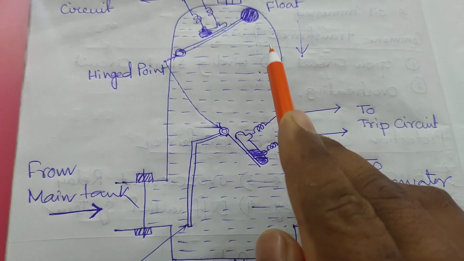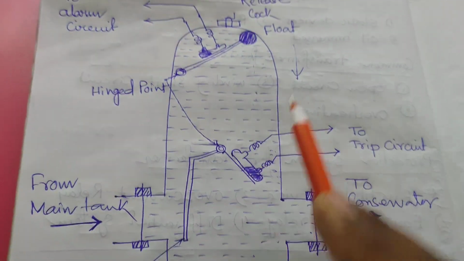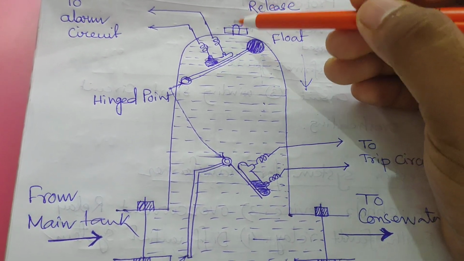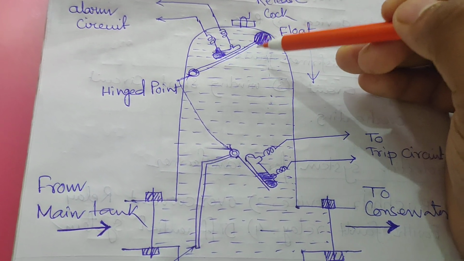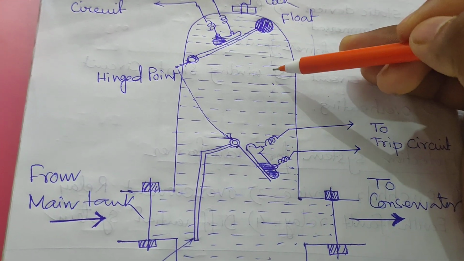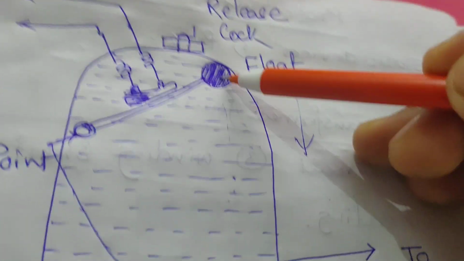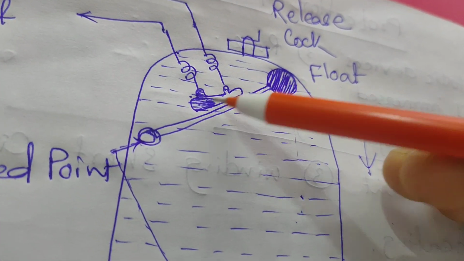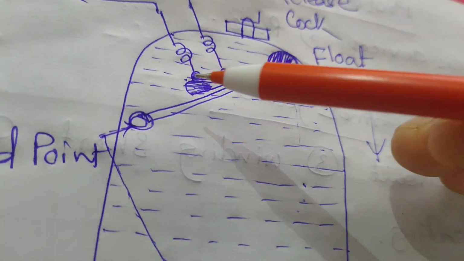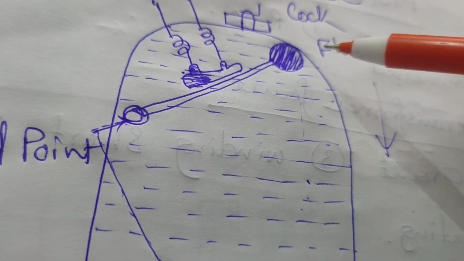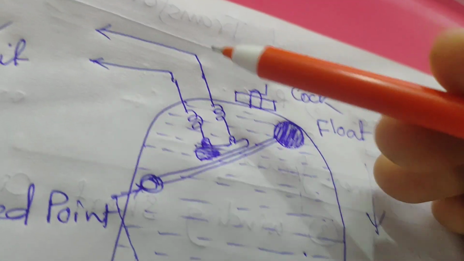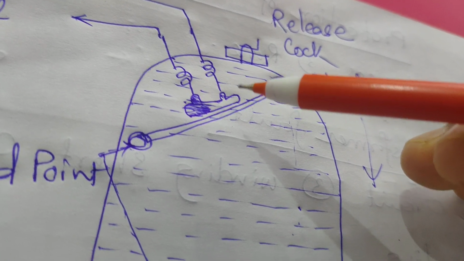Hydrogen is a very light gas, so the hydrogen will go to the upper side of the Buchholz relay and the oil will go down. When you release the gas formations inside the Buchholz relay, the oil level will come up, and this float will go again to this point, and the mercury will be NO contact. Actually it is a NO contact, and for the oil going down, that will be the NC, and the DC will go through the alarm circuit, and the alarm will buzz.